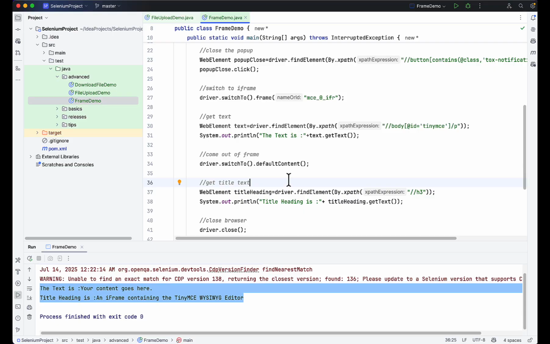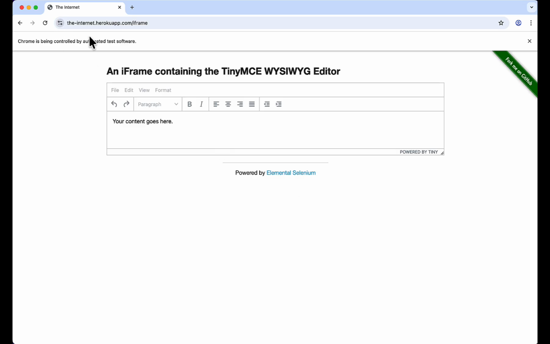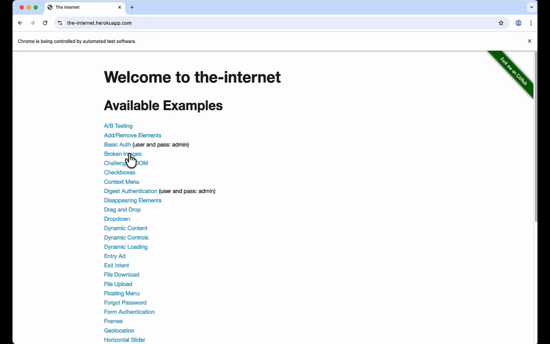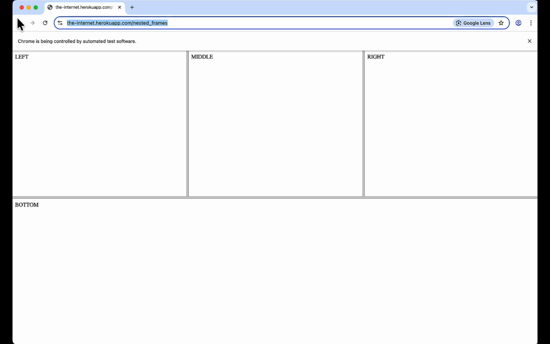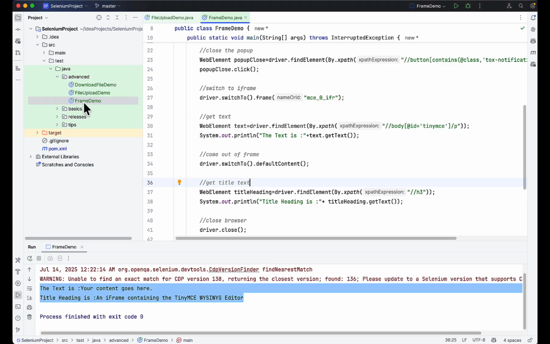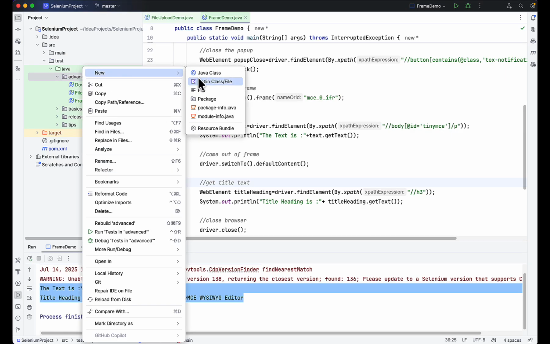What happens if you have multiple frames inside the same page? Okay, so let's see that demo also. So I'm just checking frame, and here we have nested frames. Okay, frame inside a frame. So I'll take this URL. So better I'll create another test for this one,